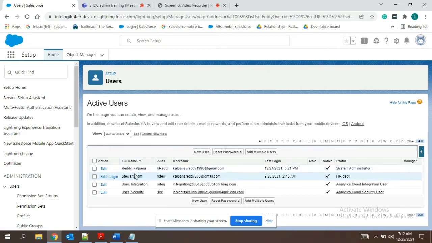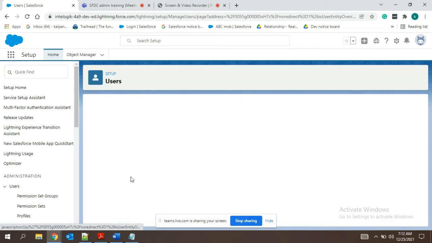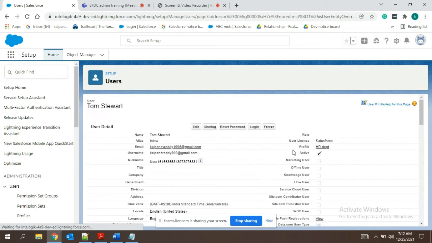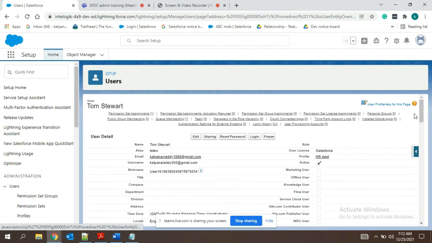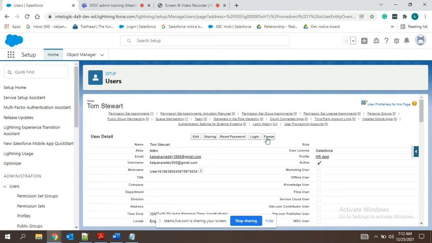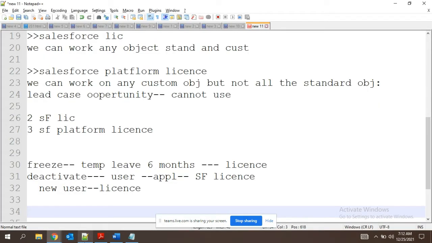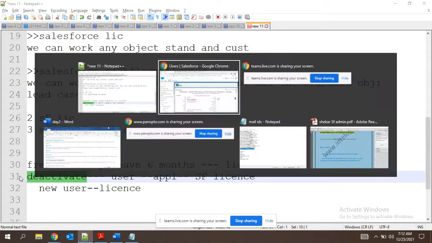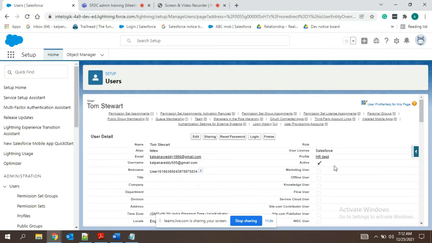Yesterday we had created this user, and this was how the user was looking. We also spoke about freezing a user and deactivating a user. But did you get to know where to deactivate a user? Here, the Active checkbox will be there.